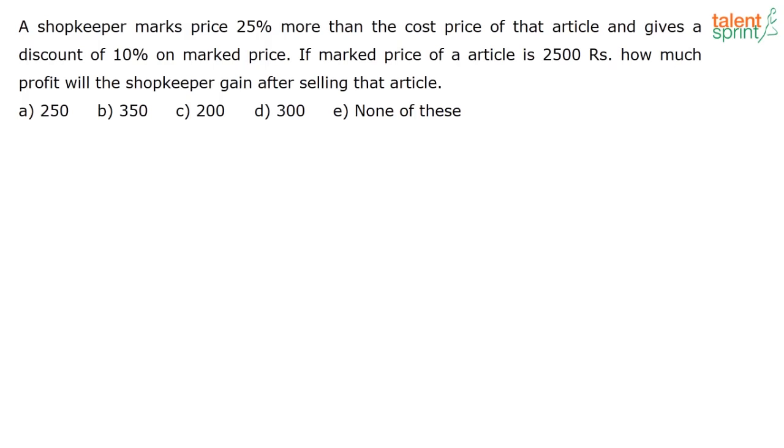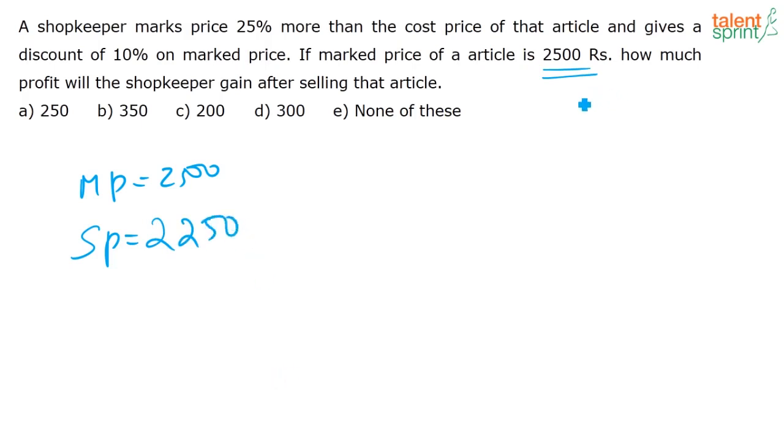See, in this question, the percentages that they have given are very easy, and the marked price is also such a value that very easily you can calculate. Even without a pen, in mind, we can calculate and just write down the numbers. See, in the question, what is the marked price? The marked price is given as 2,500 and he is offering a discount of 10%. So discount of 10% is offered on the marked price, correct? So 10% of 2,500 is 250. So what is the price at which he is selling it for? 2,500 minus 250, that is equal to 2250. This is his selling price.